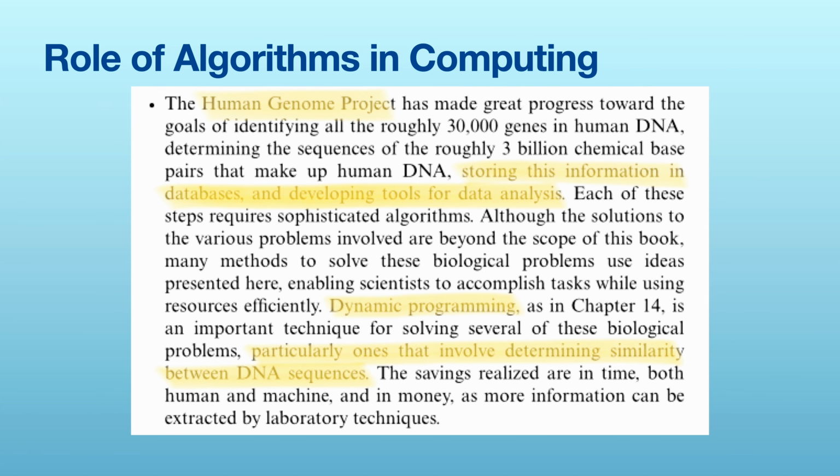Let's see some real world examples where algorithms are crucial. The Human Genome Project. The Human Genome Project tries to map all the pairs in a human DNA. You know the DNA, right? It is like a ladder in a spiral format, and every step in the ladder is one bond. Now scientists want to map the entire genome sequence. We have more than 3 billion such bonds, such steps in DNA, and we want to identify them and store them. First of all, identifying itself is a crucial process here.